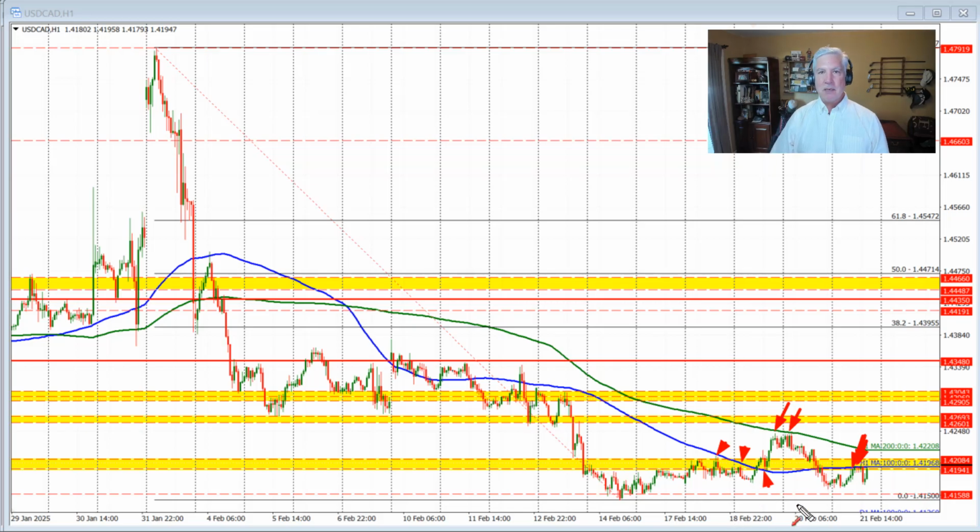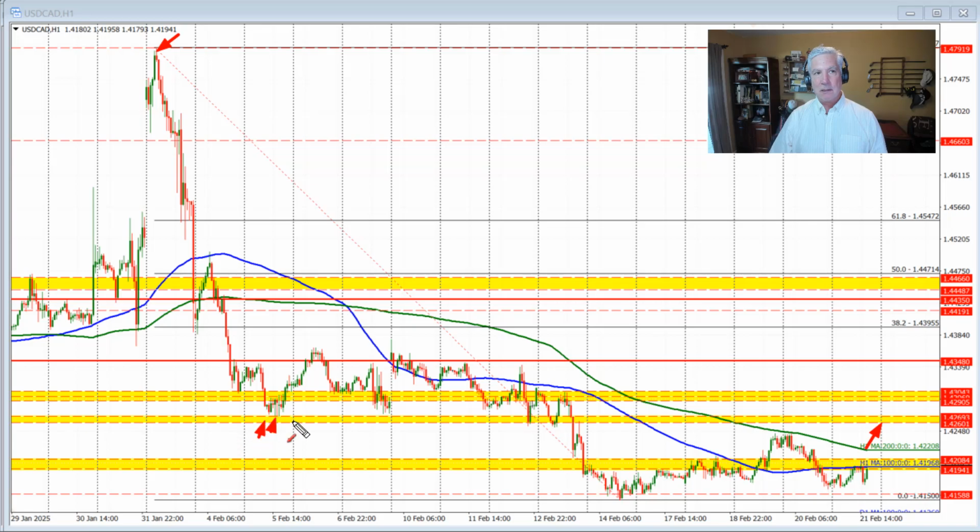If the buyers are to take more control, what do we have to do? We have to get back above the 100-hour moving average and get back above the 200-hour moving average, at 141.968 and 142.208 respectively. If we're able to do that, then the bias shifts more to the upside. The sellers probably have a little cause for pause. It doesn't take the market out of the full bearish bias we've seen since this tariff news spike, but it gets the price off of its backside and gives the buyers the go-ahead to try